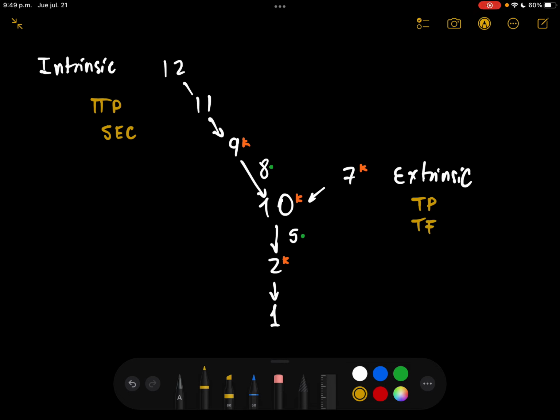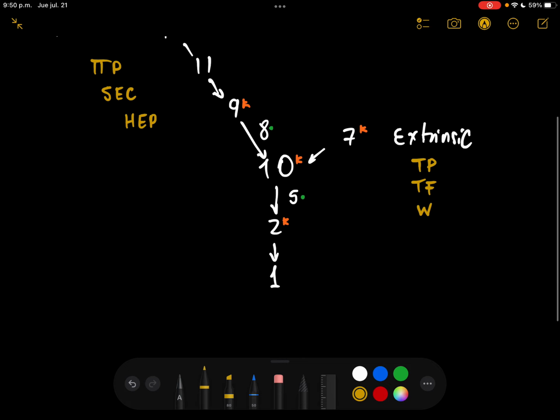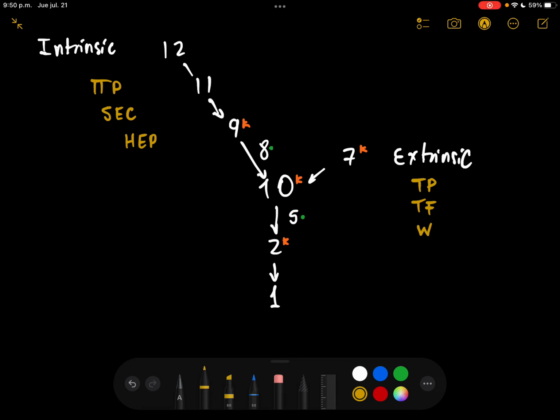and you treat the intrinsic, or the larger pathway, with heparin, whose abbreviation is HEP, and for the extrinsic you look at the warfarin drug to act in this pathway. Okay, that's a really big view about